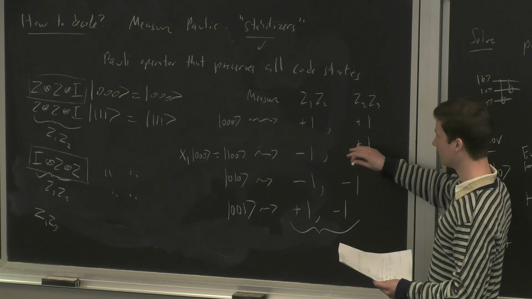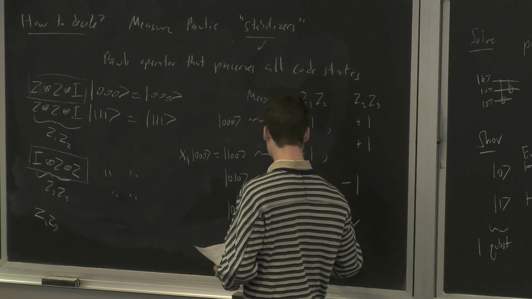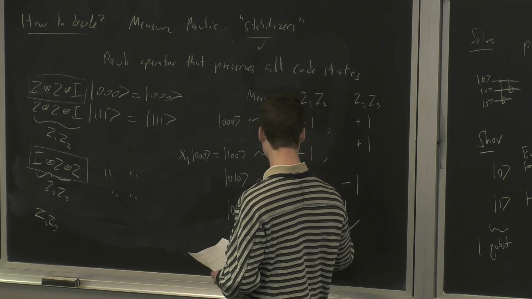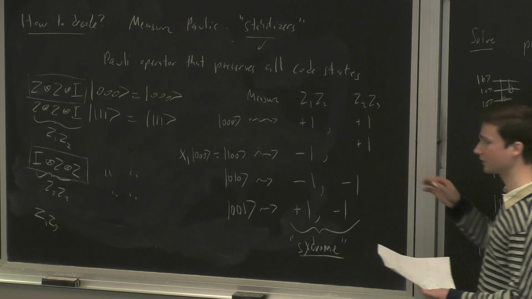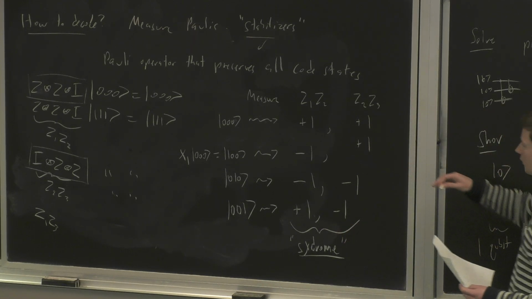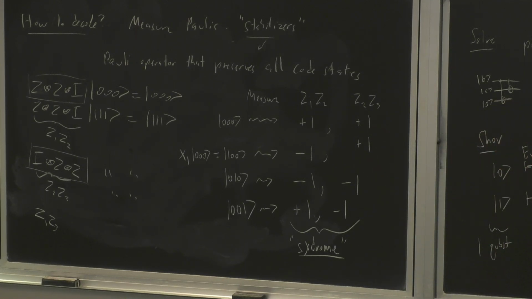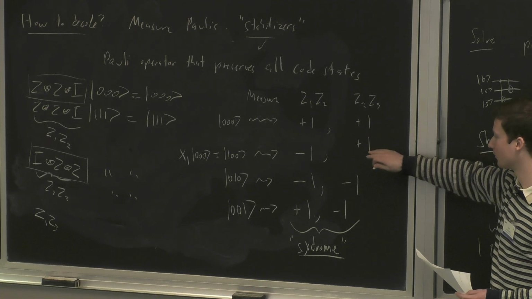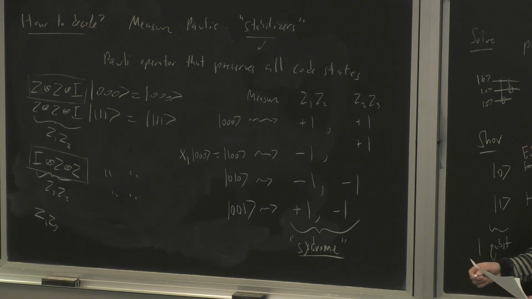Now, this pair of measurement outcomes, like +1, -1, is called the syndrome. So the sequence of stabilizer measurement outcomes is referred to as the syndrome. These are our syndrome measurements. And the key point here for the classical repetition code is that the syndrome uniquely determines which bit was flipped. So you can see that these four syndromes, +1, +1, -1, +1, -1, -1, and +1, -1, are all different,